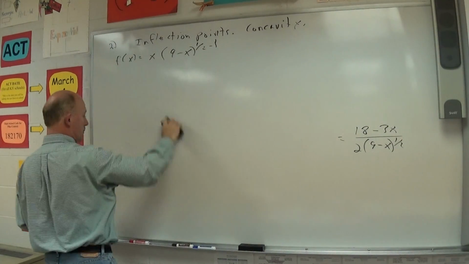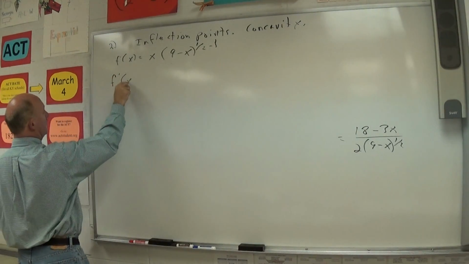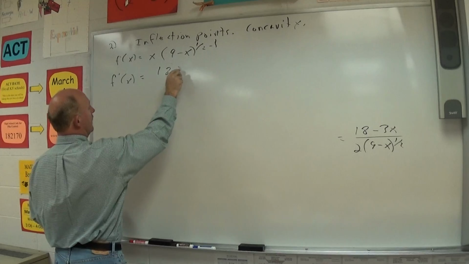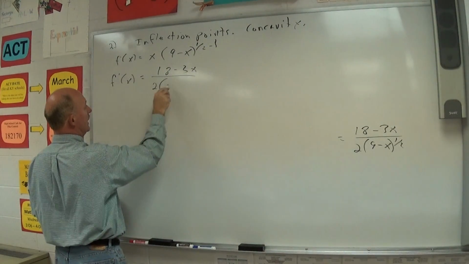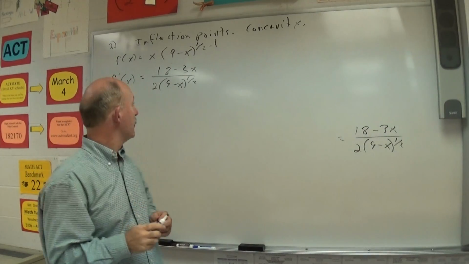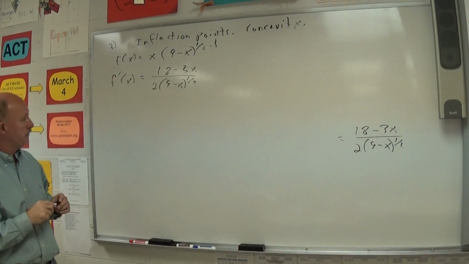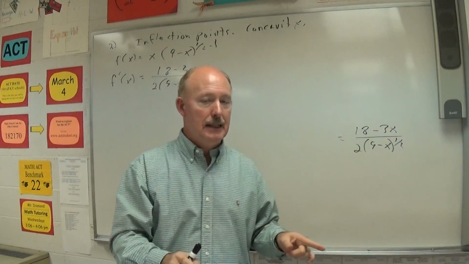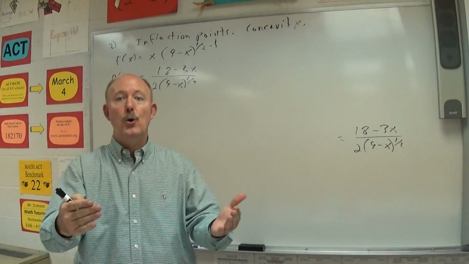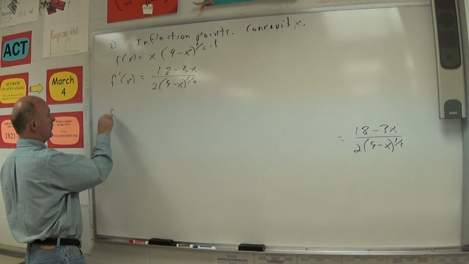Now, this is the original problem. This is the first derivative: 18 minus 3x over 2 times 9 minus x to the 1/2. So we've got our original function and the first derivative. Now to get the second derivative, we have to use the quotient rule. So let's see what we get in the quotient rule. So the second derivative will be